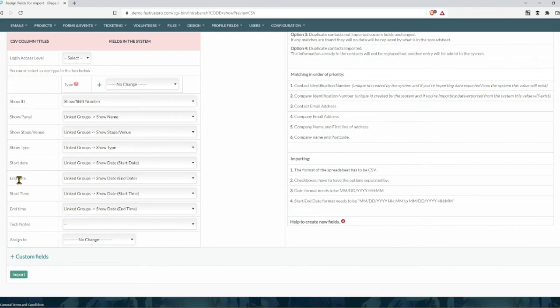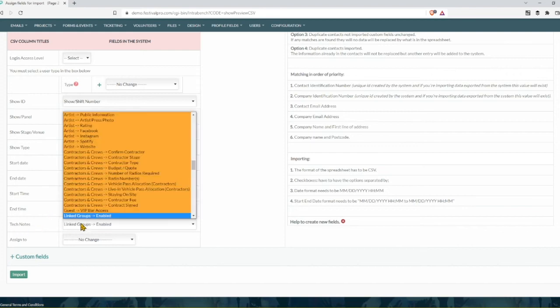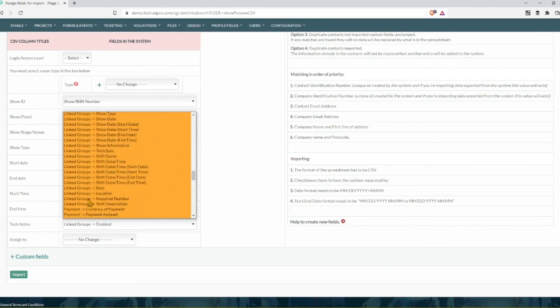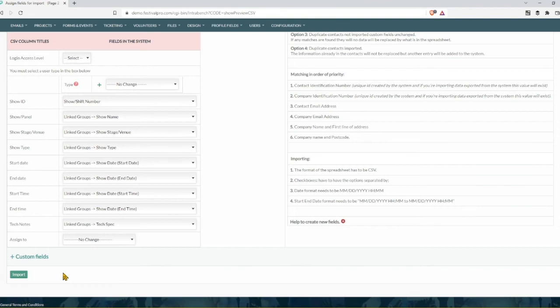Depending on what you're importing, it should detect it, but if not, you can quite easily just flick and make sure that all of these marry up. We can see Tech Notes here hasn't done it, so again, because we're doing shows, I'll go to linked groups, and there is the tech spec field as well. So the next step is to hit import,